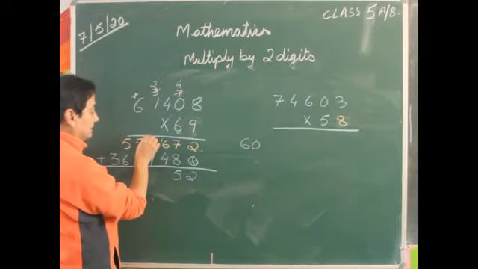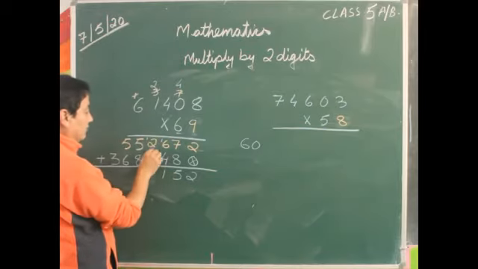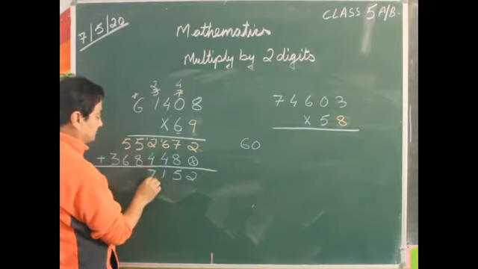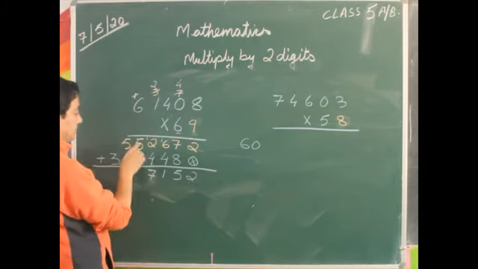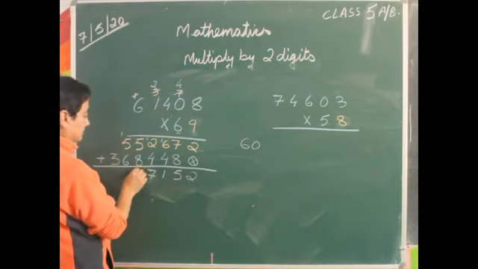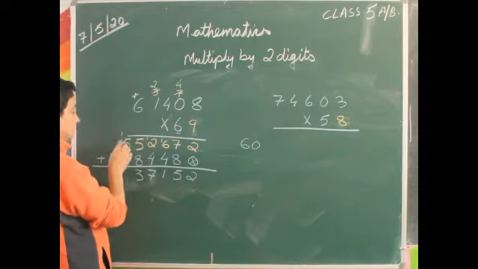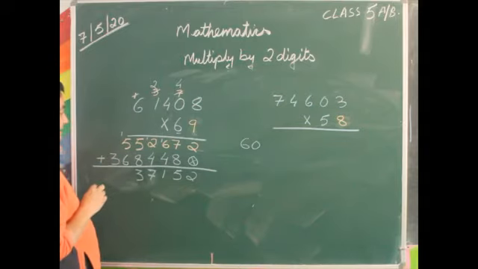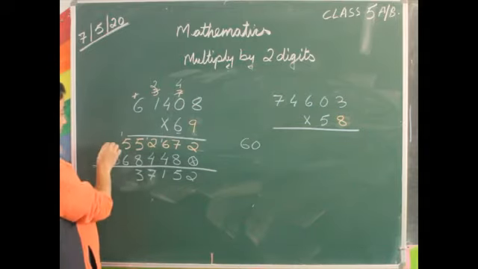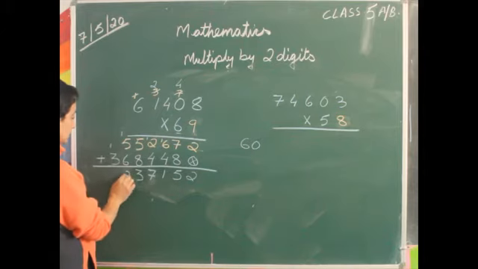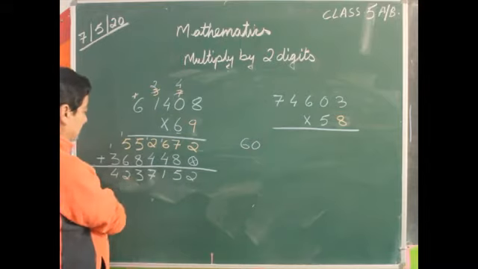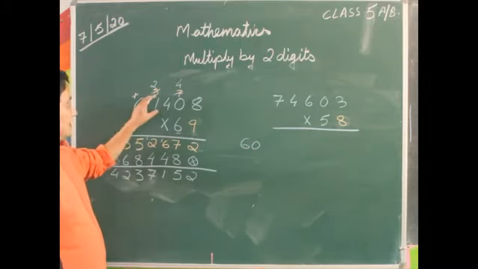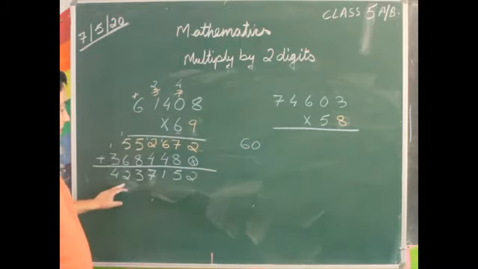Plus 1, 11. 1, 1. 4, 5, 6, 7. 8 plus 5, 13. Carry 1. Bring down 3. 6 plus 5, 11. Plus 1, 12. 1, 2. 3 plus 1, 4. So when we multiply these two numbers, we got the answer